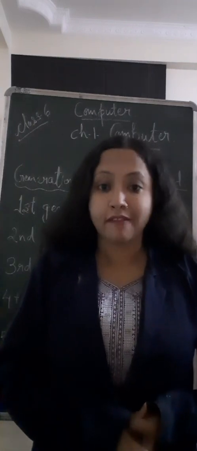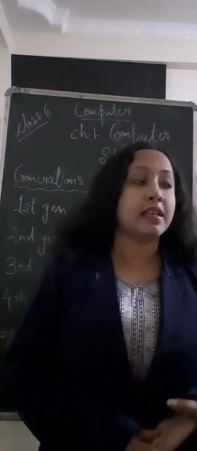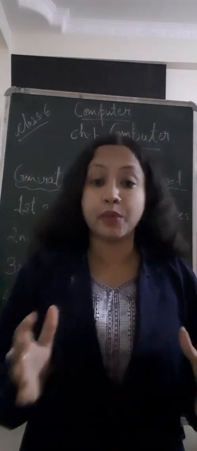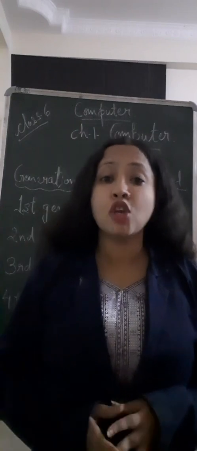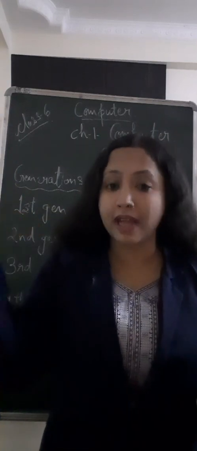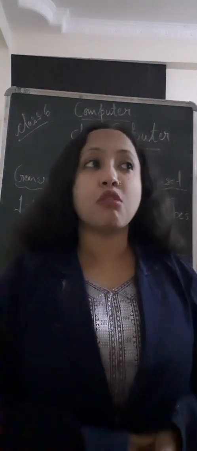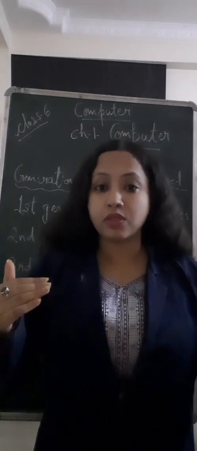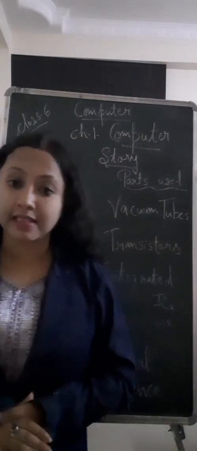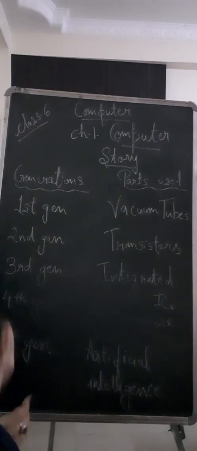Fine. And also the data collection. Computers are something which store so much of our information, isn't it? It is doing our calculation in just one single click, isn't it? But all these things which were done in the previous time were not that fast and that efficient. So we will be discussing the generations of computers, children.